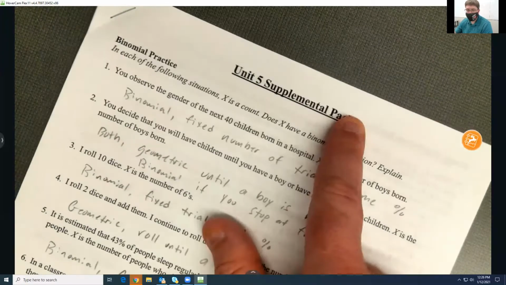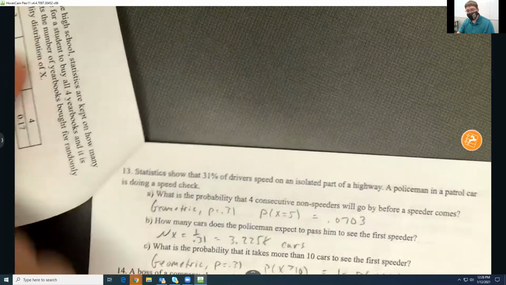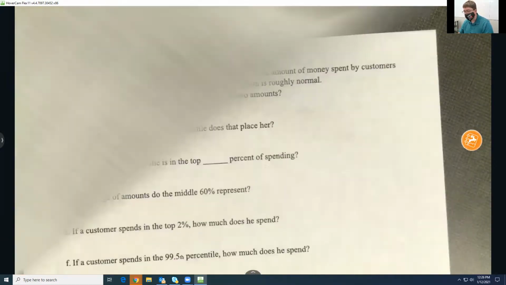So if you want to get this knocked out, you could do the first page, the second page, and then this page here. So you can do the first 3 pages because after that, it's all continuous and we haven't talked about it. So this would give you some extra practice if you're looking for it, because there could be some kind of questions that might look like this on the quiz or test. This is not due, though, as homework on Wednesday. You got until like the 28th or something, or 26th to do it. But I'm just offering it as a